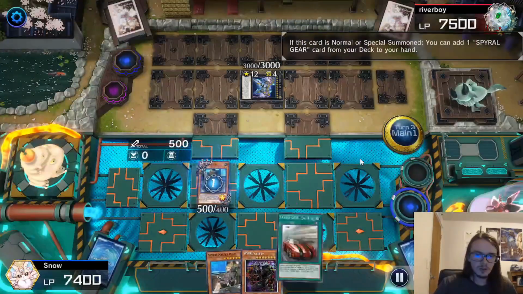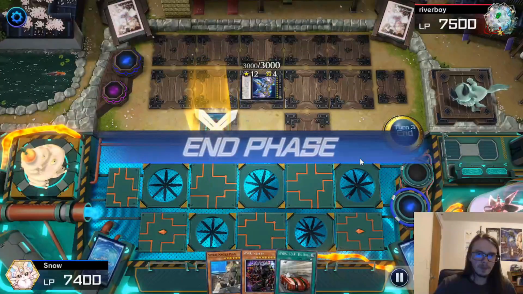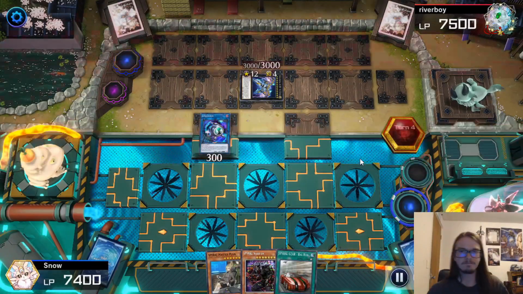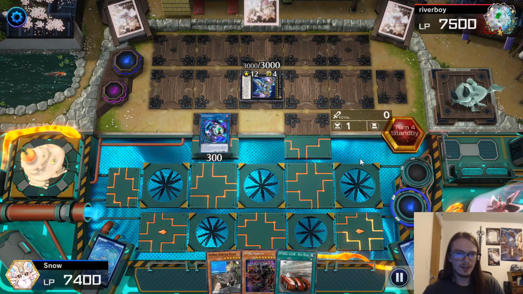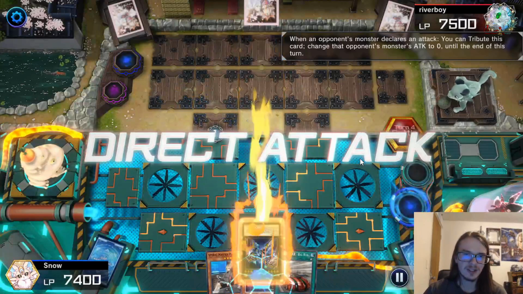I'm going to go normal summon Quick Fix, grab up Big Red, into Link Karibo, and pass. That's it. Why did I not activate the Big Red? I don't know. I'm just stupid. Anyway, I'm going to go for the Link Karibo, just...